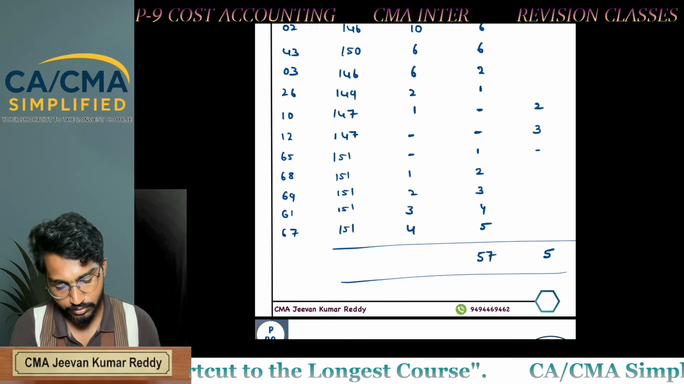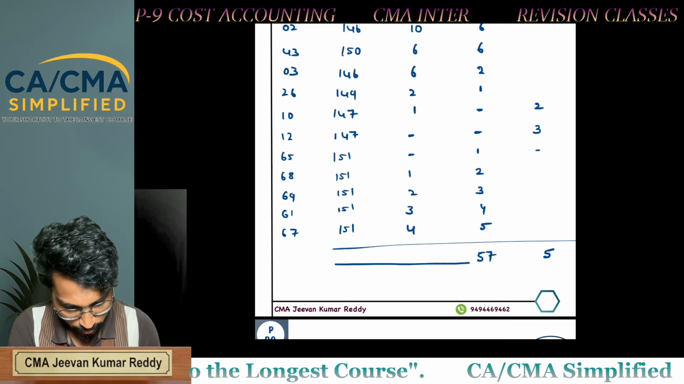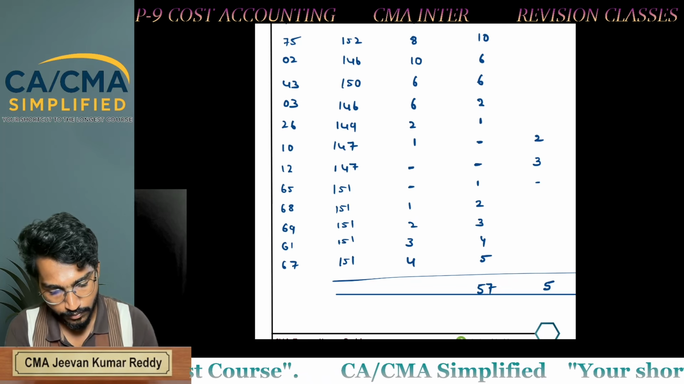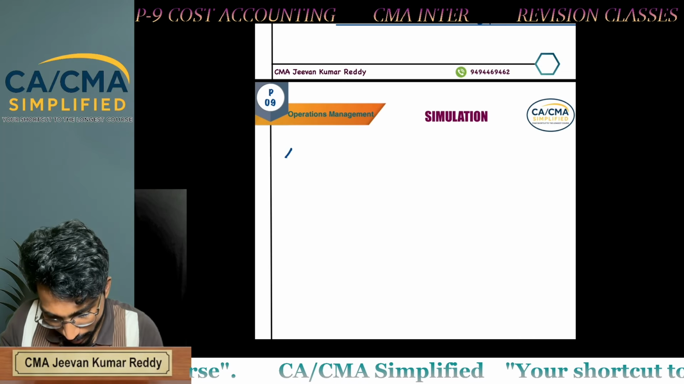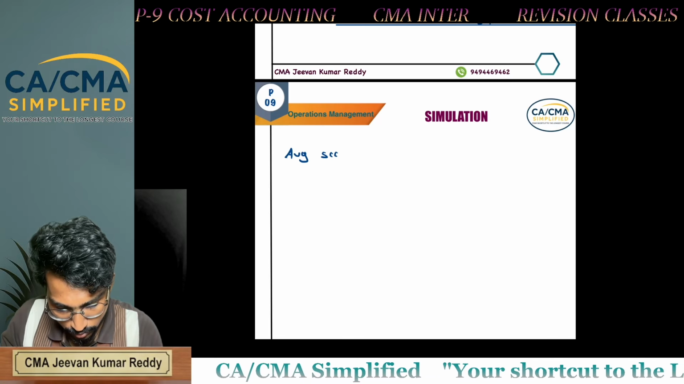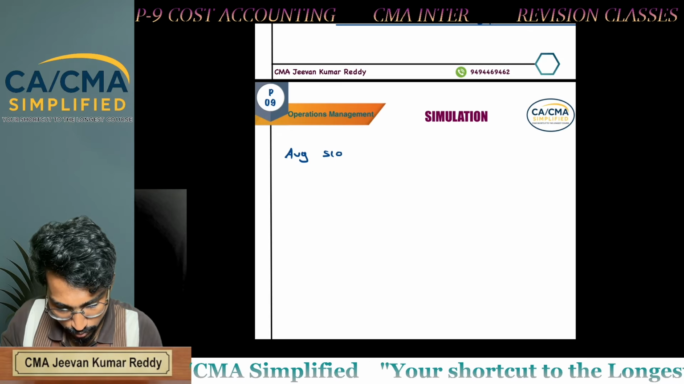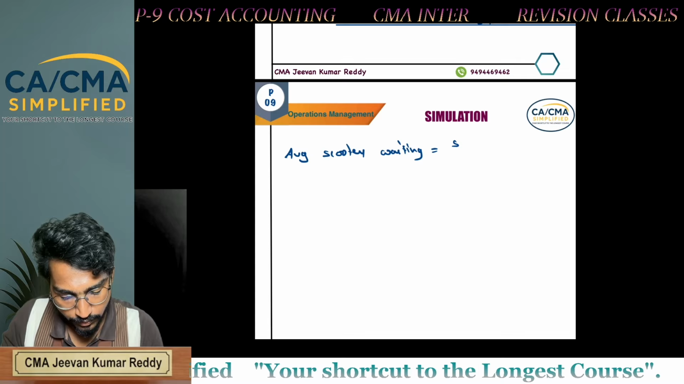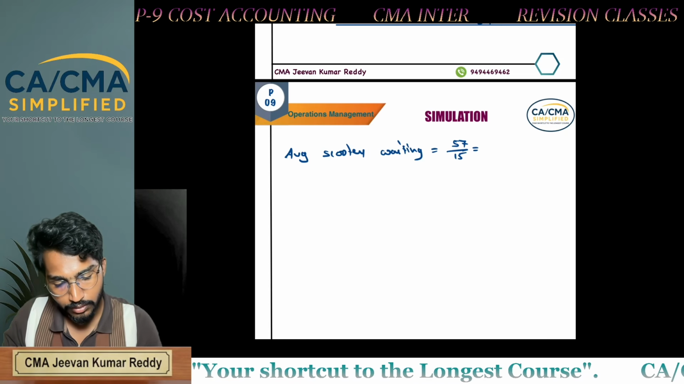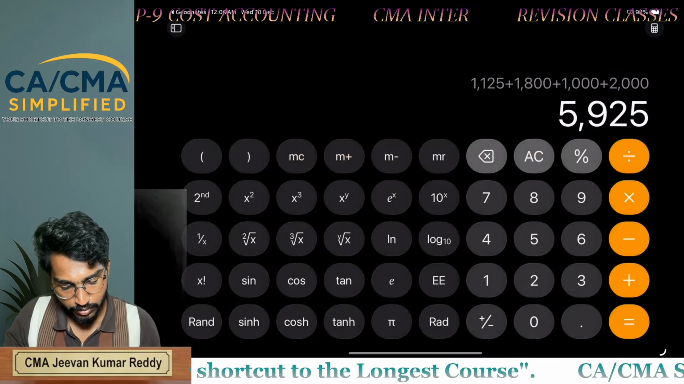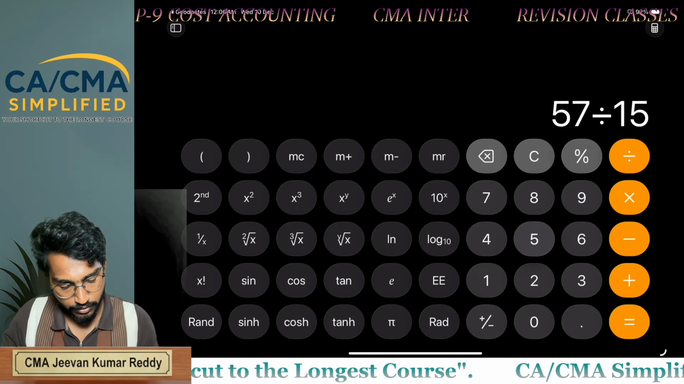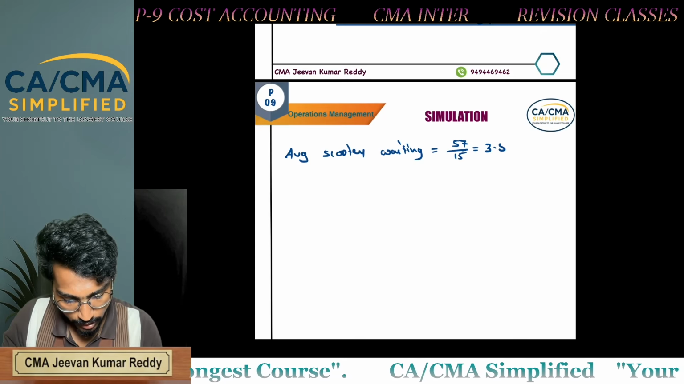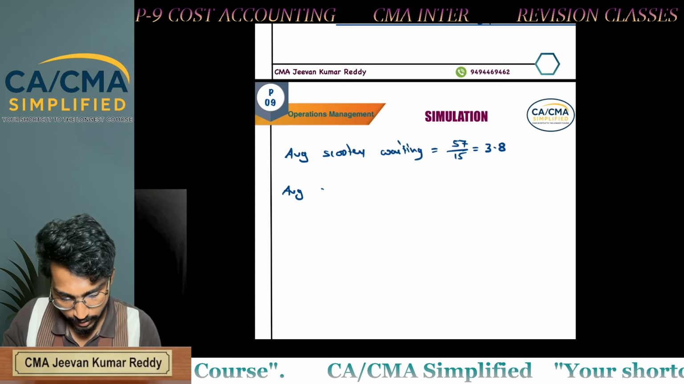So now average scooters waiting equals 57 divided by 15. 57 divided by 15 is 3.8. 3.8. Average empty